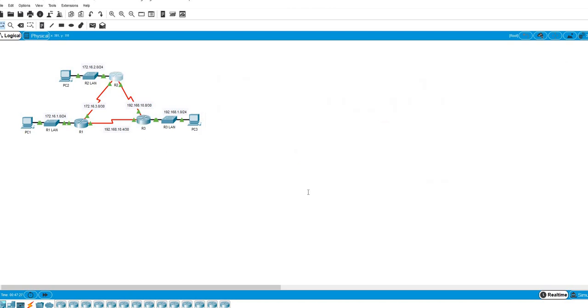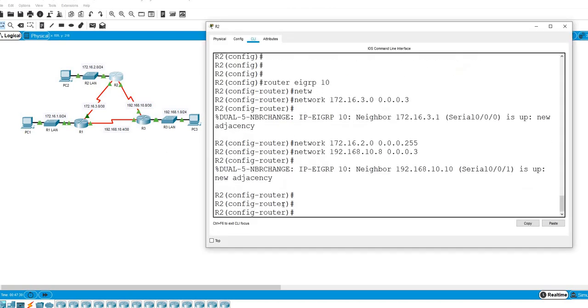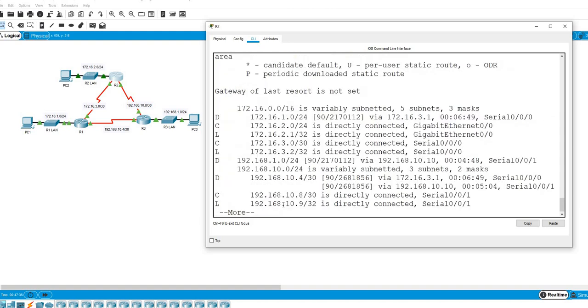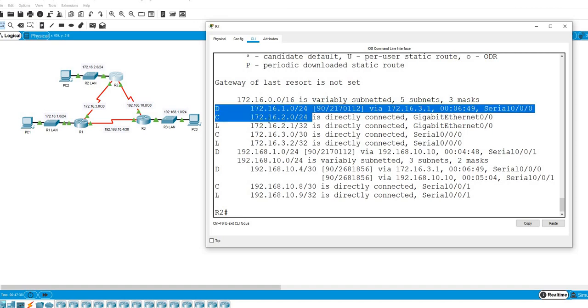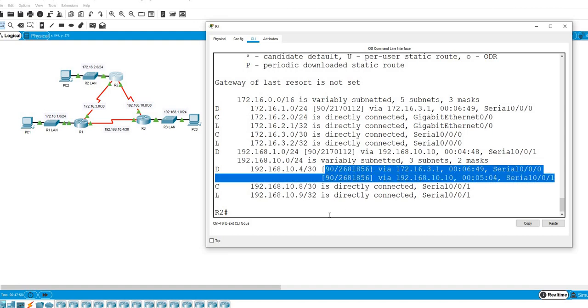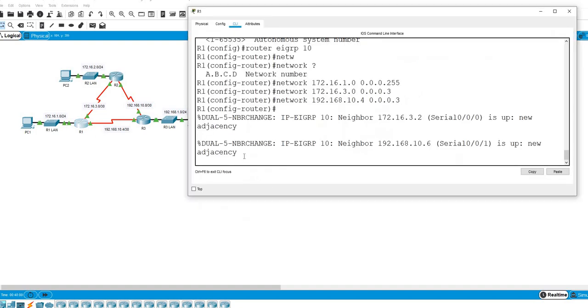For further verification, I can go to R2 and run show ip route, the routing table, and the same story is here. It is learning its remote networks: D, D, and D. And over here, the same situation: there are two ways to go, two paths available to 10.4, and you see two paths are mentioned. Similar will be the case with R1, because for R1 two paths are available to get to the 10.8 network, this one,